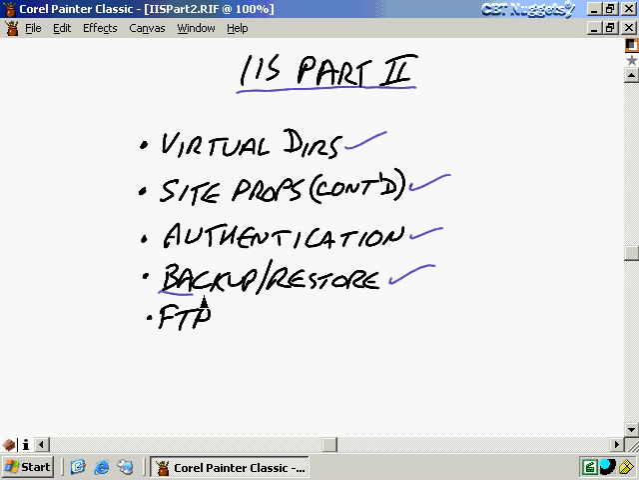And then I showed you the brief discussion of how to install and configure FTP. For the most part, if you can install and configure a website, you can do FTP as well because most of the